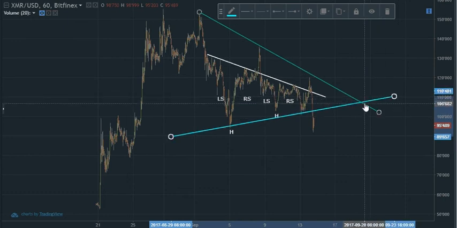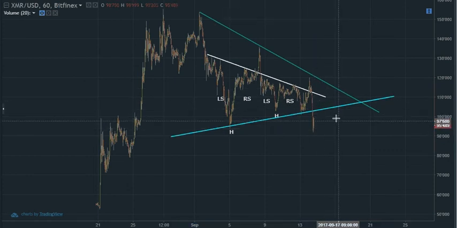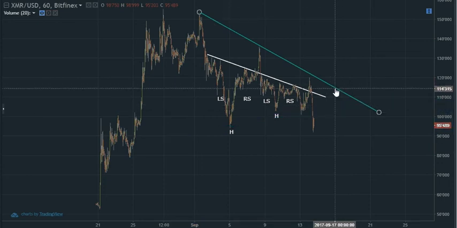And here's the apex for this, and it just collapsed through this support bottom line. To make it look a little cleaner,